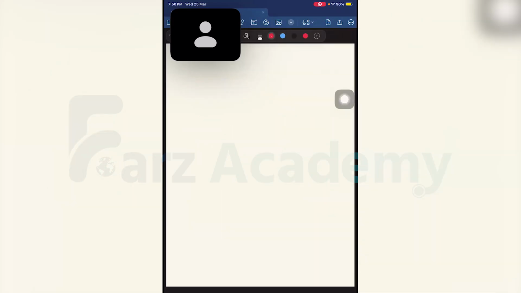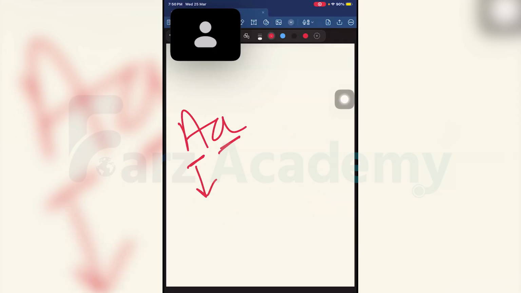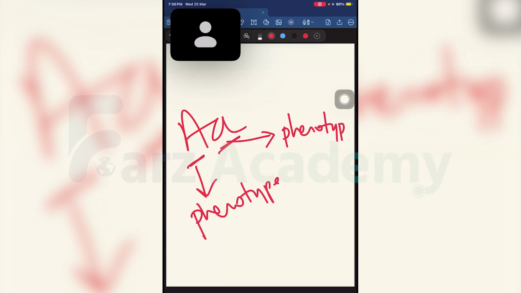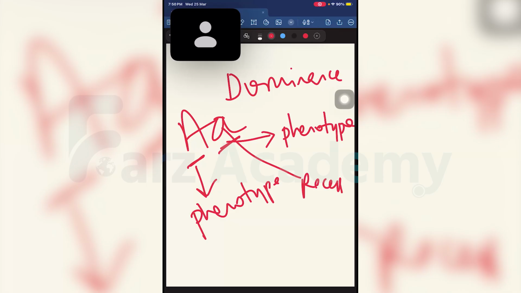Whereas when there are two alleles, one allele is expressed in preference to the other. If this allele gets expressed, the patient will develop the consequent phenotype. And if the other gets expressed, that will be the phenotype that is expressed. Which allele takes over and is the one expressed, converting that individual into a particular phenotype, is called the phenomenon of dominance. And the other one which can't dominate, you call it recessive.